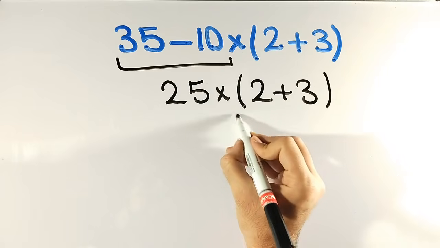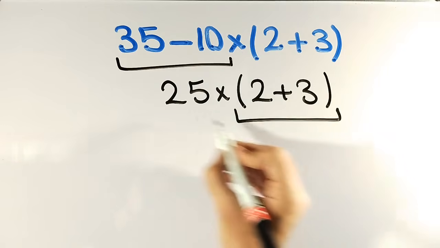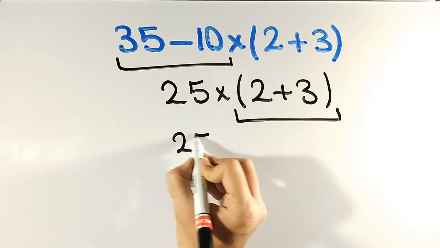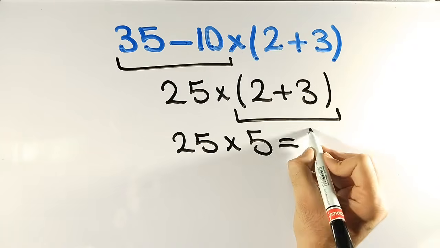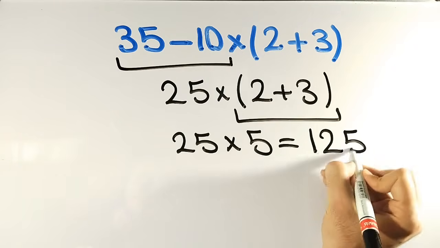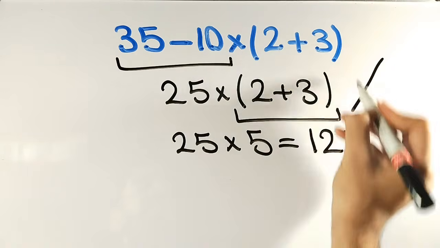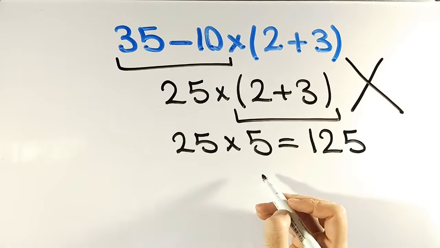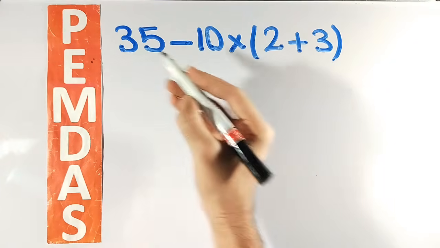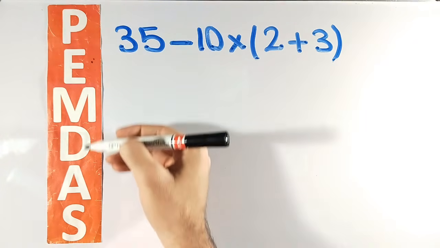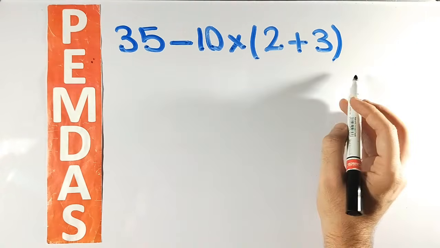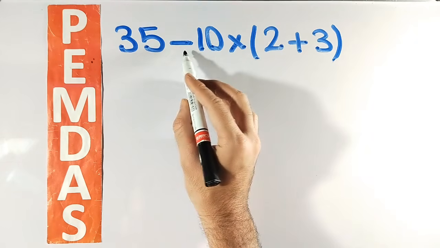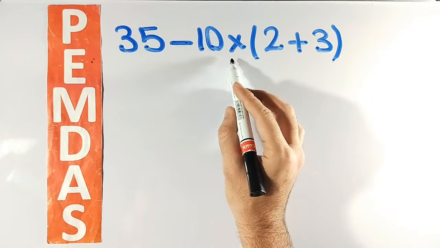And the next step, they go to the expression inside the parentheses and write this expression as 25 multiplied by 5, which finally gives them the answer 125. However, it's not the correct answer to this question. To solve this question, we must follow the PEMDAS rule step by step from top to bottom. As you can see on the screen, in this expression, first we have a subtraction sign, then a multiplication sign,